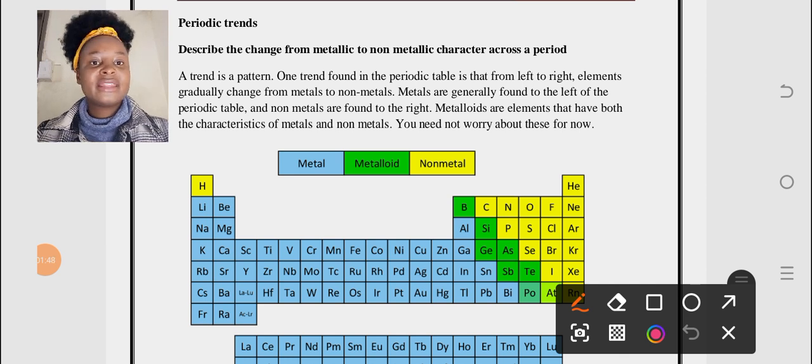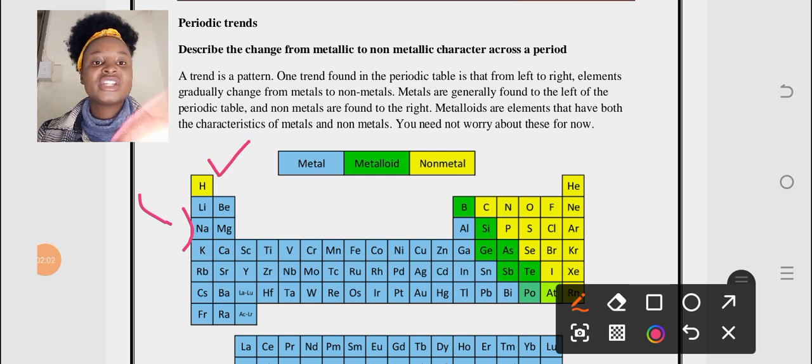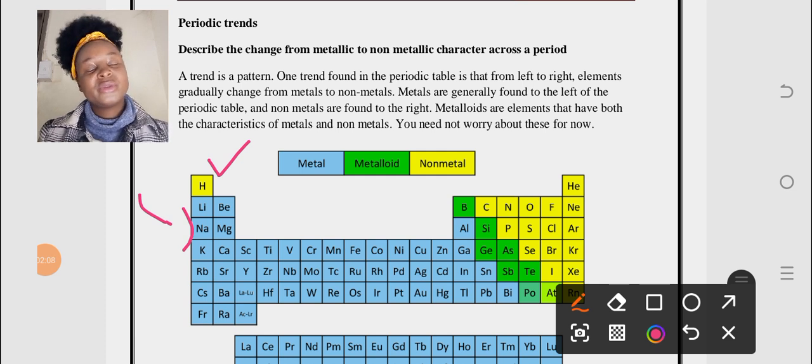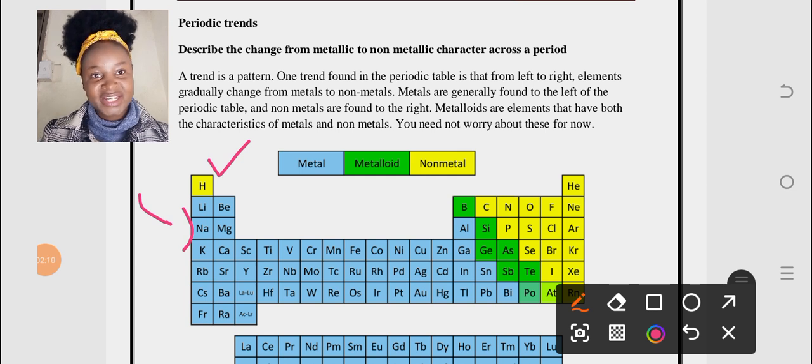Now looking at this, we have the first column here. On our first column, we have only one element that is not a metal. Otherwise, all of them are metals. And what's the name of the element? H, that's hydrogen, right? So you also need to know H stands for hydrogen, right? So as you can see, apart from hydrogen,